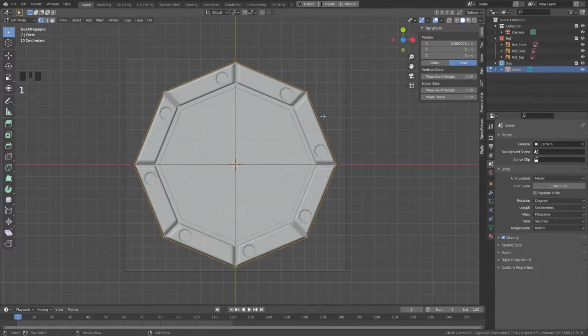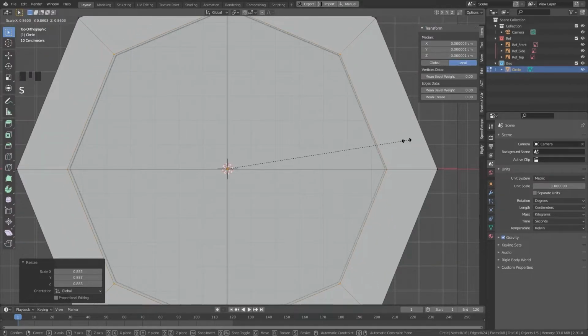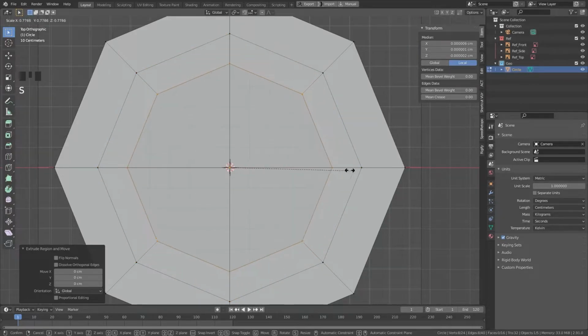So press 7 on the numpad to go into top view, Tab to go into edit mode, 1 to go into vertex selection, E to extrude, right click and then S to scale, and we want to scale it all the way up to that line. There we go, and then we want to extrude again, right click, S to scale one more time,